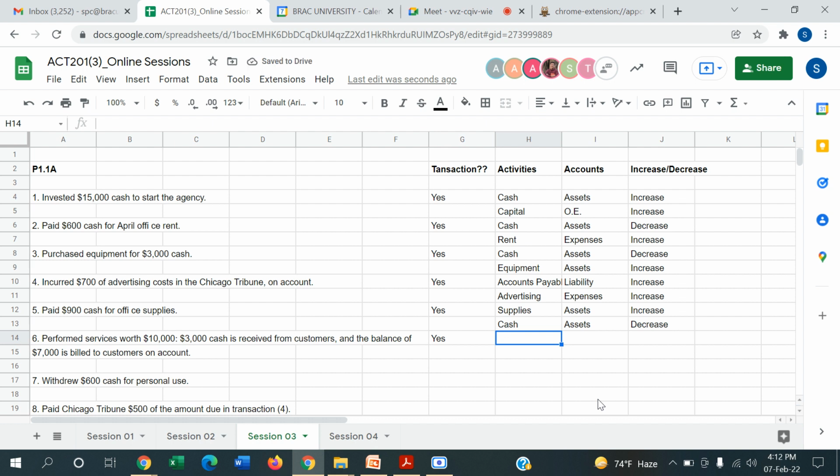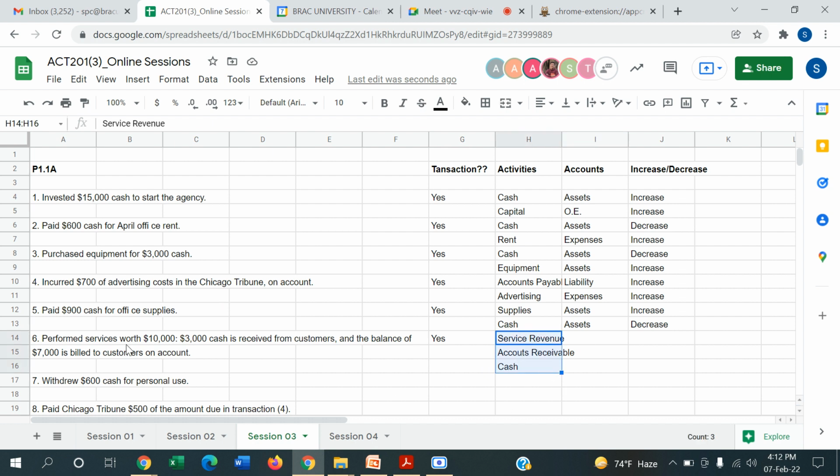Current asset. We have to specify trade receivables. Service revenue. Trade receivable. Service revenue. And accounts receivable. Instead of trade receivable, it's better to mention accounts receivable. Is that all? I think the cash account as well. Yes, excellent. Thank you. So we now can see that by that transaction, three accounts are related